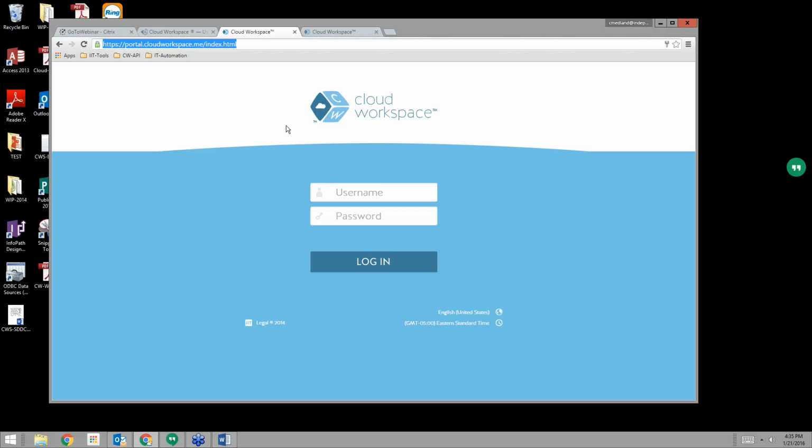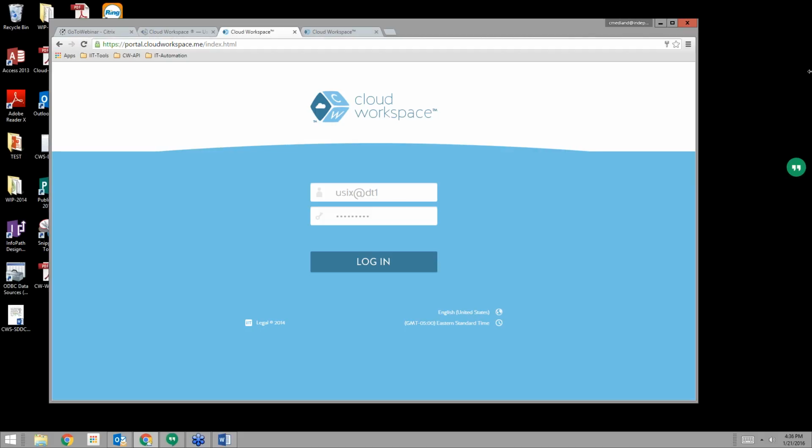That can be customized. Every partner that signs up and gets a virtual data center gets the source code for this page. So they can host this page and brand it as well as customize the URL, which is really valuable from an MSP standpoint, right? In my MSP, I called it MKE Cloud. You can call it whatever you want, and you can either keep the Cloud Workspace piece, which is very nice and non-branded, right? So it can be whatever.